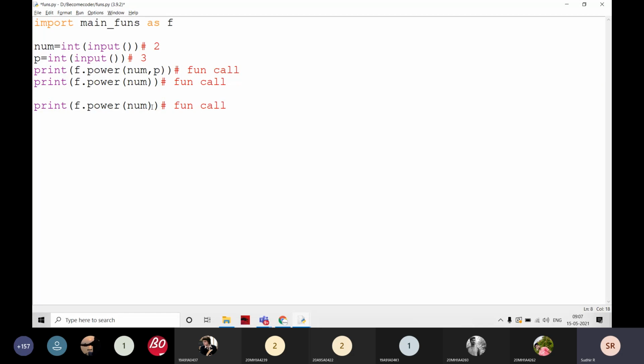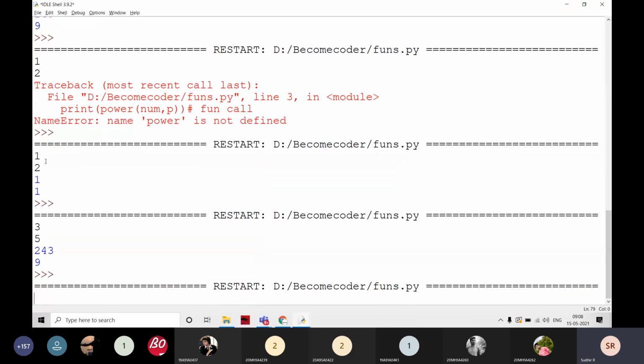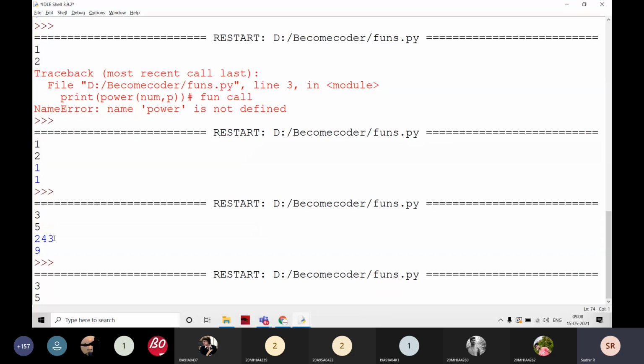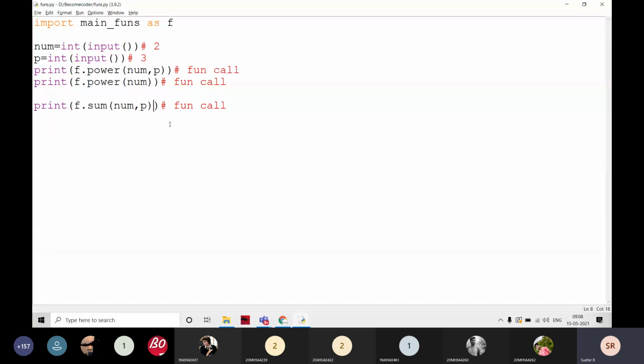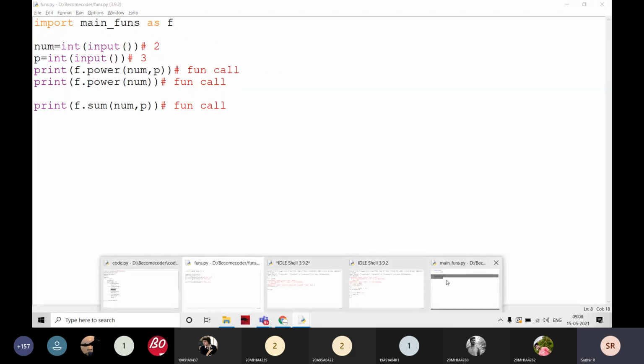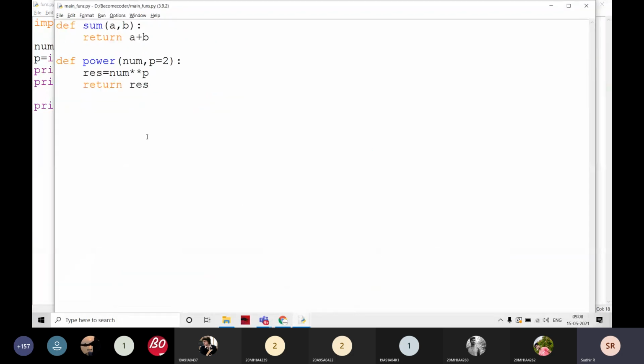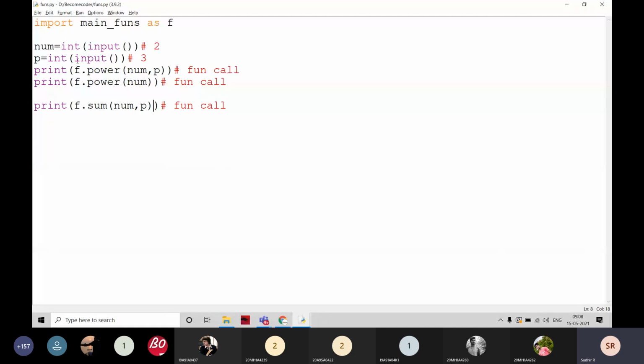I am going to pass two values, sum of num, p. If I execute it with these two inputs, 3 plus 5 is equal to 8. If there are 100 functions, I can call all the functions here.